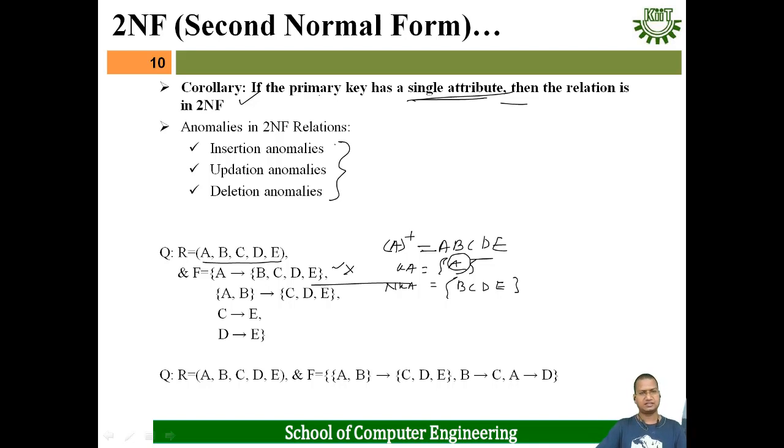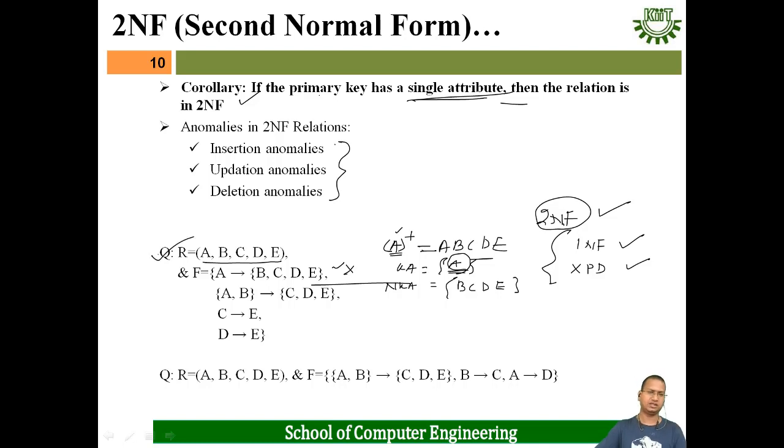That means by default all the relations are in 1NF. That's why it is in 1NF. And no partial dependency is present. That means the relation is in 2NF. Okay, that means in this case, just see, whenever the candidate key is a single attribute, then at that moment it is in 2NF by default. Okay, and now we'll check for another question.